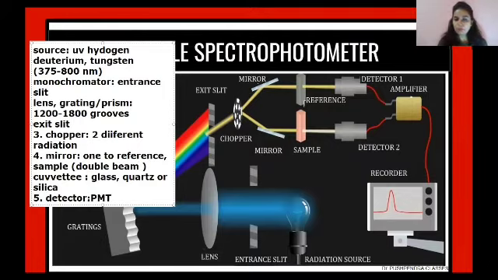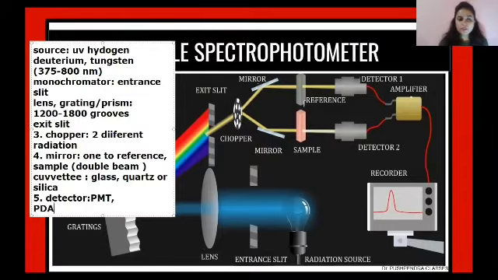What will happen in the photomultiplier tube? As the name suggests, photons will enter the PMT tube and then they will convert themselves into electrons and then they will multiply. With each dynode, they will multiply the signal to twice and thrice the value which was obtained in the detector range. Then comes another one, which is called PDA, the photodiode array, which consists of nothing but diodes, which will then strike the electrons again, and then they will result in the detection of the signals.